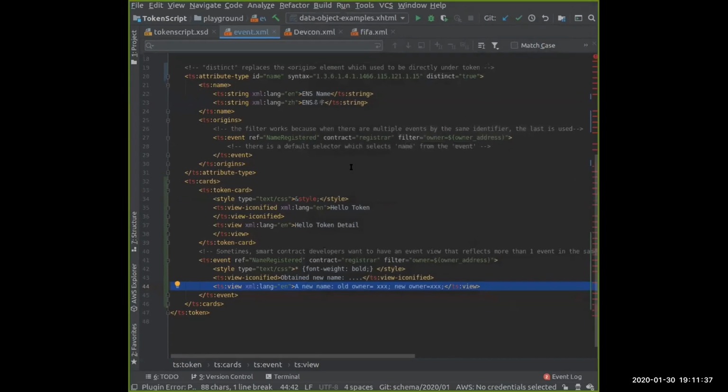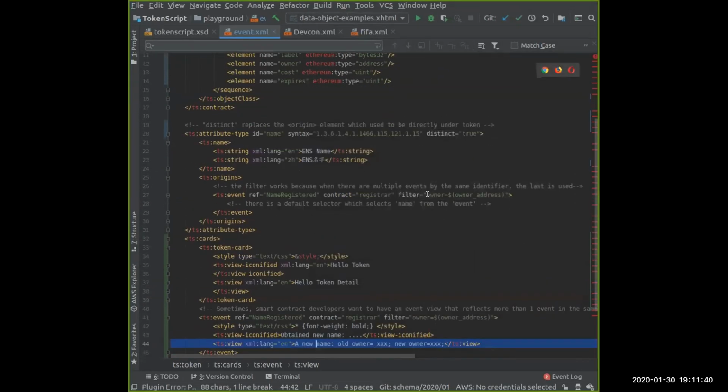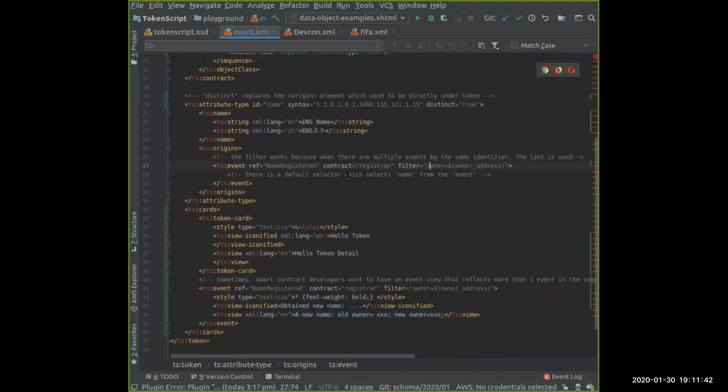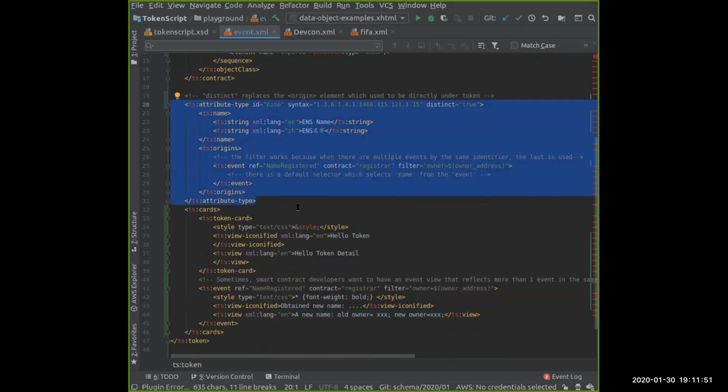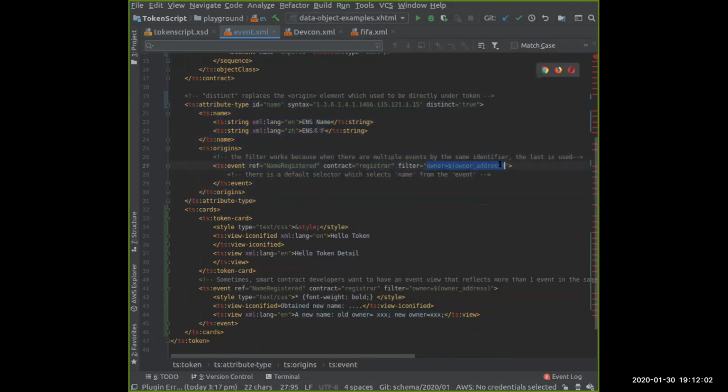Okay. So the question is, why do I have to filter it twice? So the first filter is used in attribute definition. Attribute type. The reason we call it attribute type and not attribute is because there isn't a real attribute value in it. It's a type. So the filter here is used to obtain lots of attributes, and because this is a distinct attribute type, this one allows